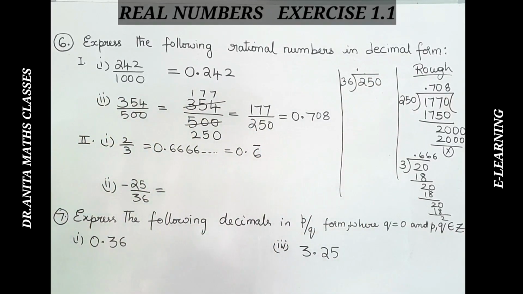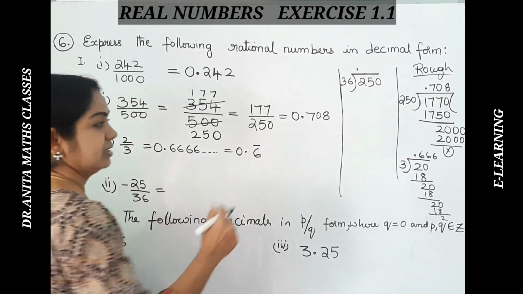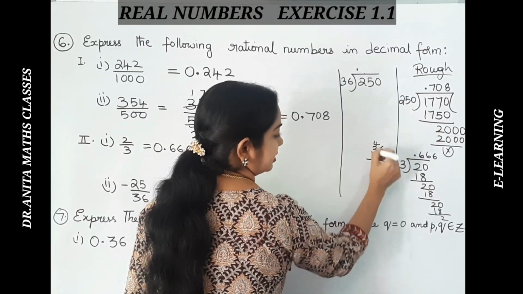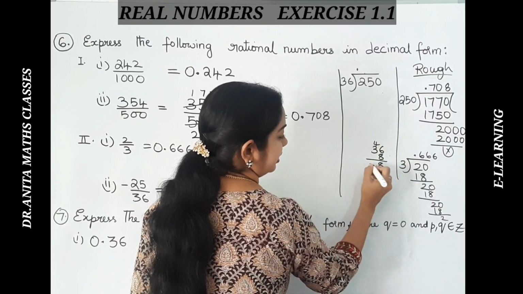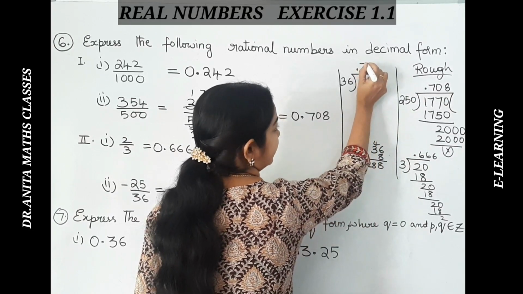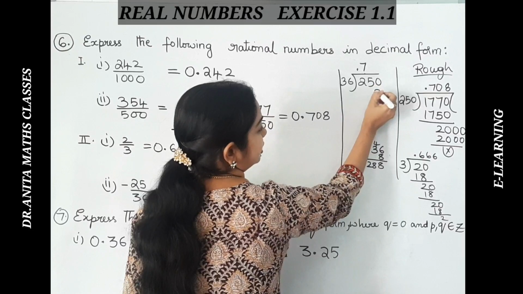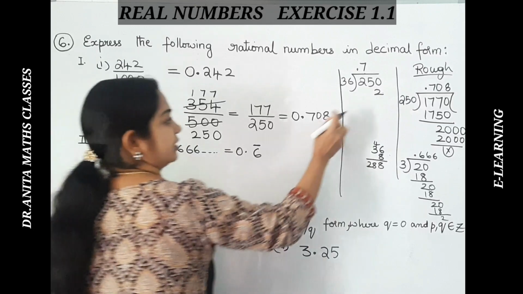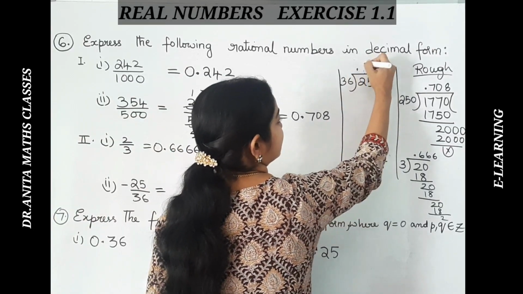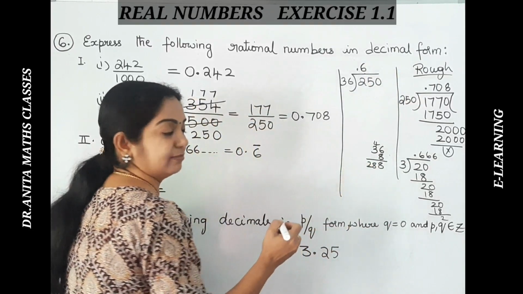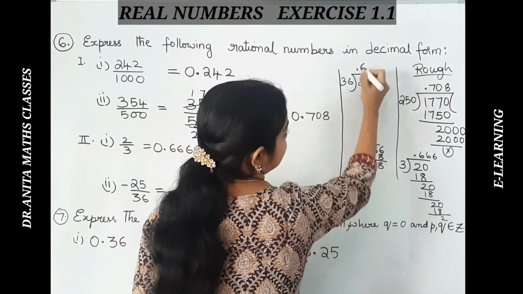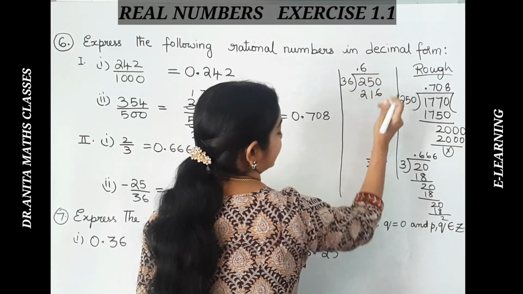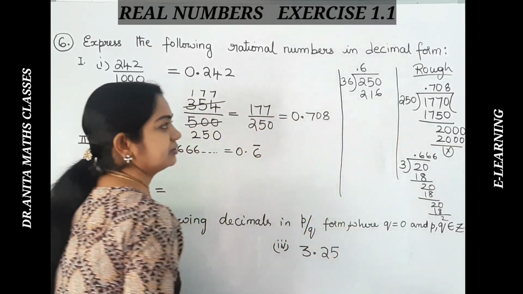Yes, 5 times it doesn't go. 6 times, 7 times, 8 times. Okay, let us see for 8 times. 36 into 8. 6 8s 48, 8 3s 24 and 28. This is also more, so 7 times. 6 7s 42, 4. 7 3s 21 and 4 is 25. That is also more, so you have to go for 6. Just 2 more. 252 we are getting, but we should get below 250. Yes, 6 6s 36, 3 6s 18 and 3 comes to 21. 216. Okay, so 6 times it is going.